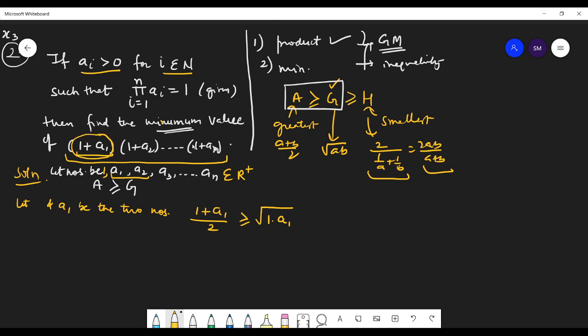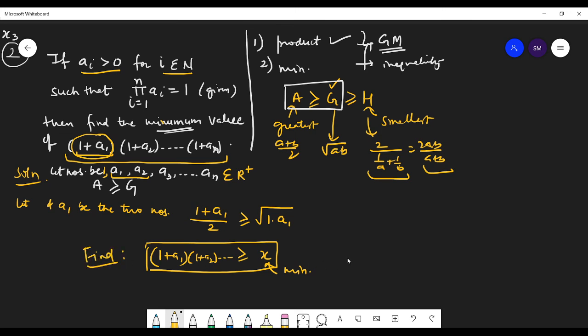Students, can you see? You need to find the minimum value of this expression. So the answer will be something like that. You have your expression over here. This is the minimum value that you have to find. So you need this form. Always write that this is the thing that I need to find.